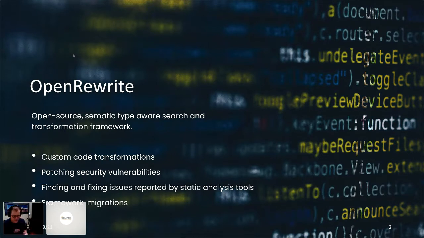And then specifically, since we're talking with Jakarta folks, we will definitely focus on some of the Jakarta stuff, and also migrating to a new version like Java 11 and Java 17, and some of the pains that come with that, like moving from javax to Jakarta namespaces, adding dependencies for JAX-B and JAX-WS to your runtime when you move to Java 11. These are the types of things that Open Rewrite is really good at.